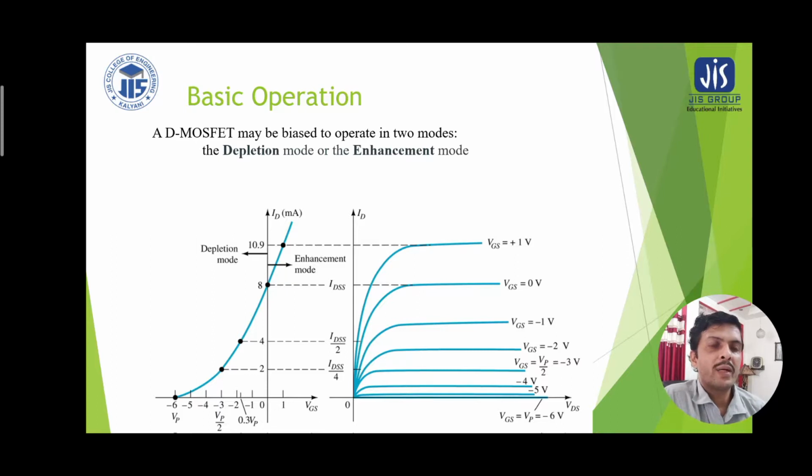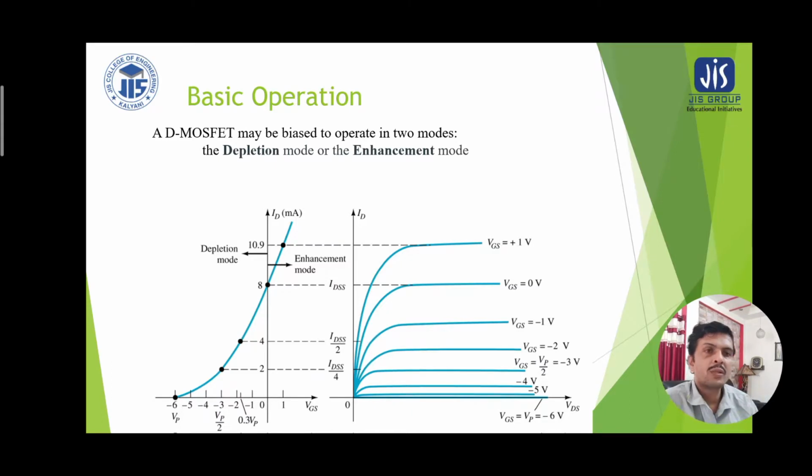And if we look at the gate to source voltage, at the top it is plus 1 volt, which is not possible in case of the depletion type of MOSFET, or in case of JFET we are not finding such advantage. And as we are decreasing the gate to source voltage gradually, we are getting less drain current. So a combination of two things has been made possible here, that is, on the one plot only we are getting the depletion type of MOSFET as well as the enhancement type of MOSFET.